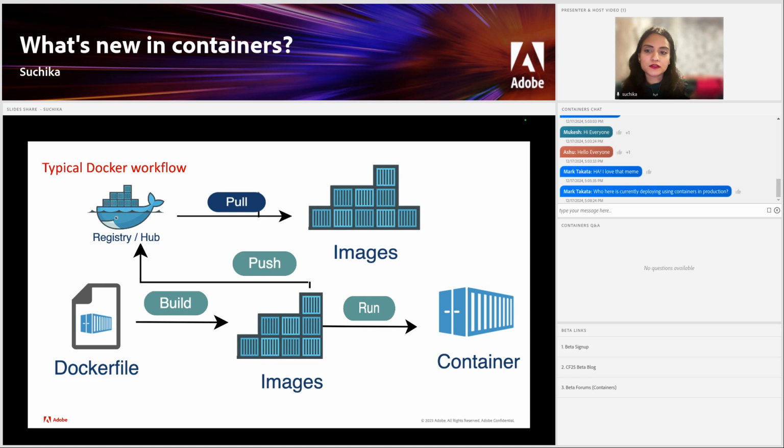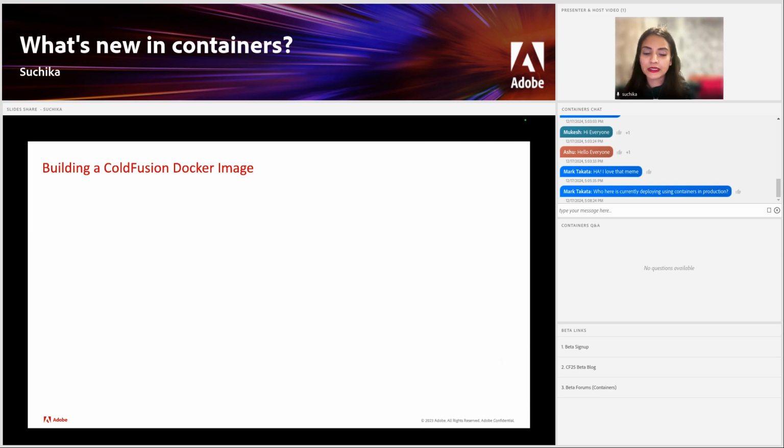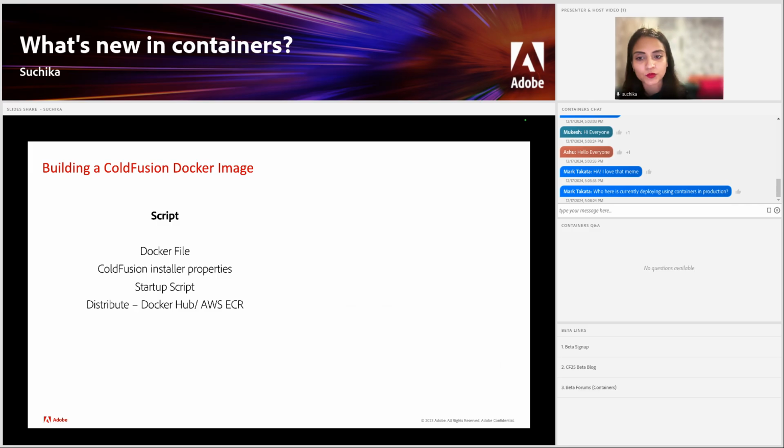Okay, now that I've covered the basics of Docker, let's get into the ColdFusion Docker image. What does it take to build the Docker image that we ship for you? For building the Docker image, we need a Dockerfile. The Dockerfile has all the instructions to build that ColdFusion Docker image. We'll see that Dockerfile quickly, but we'll start with that, and then we have an installer properties